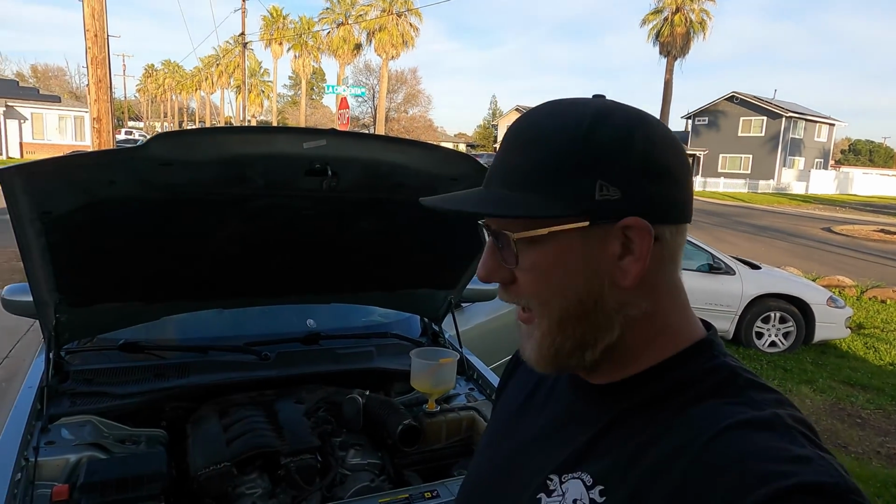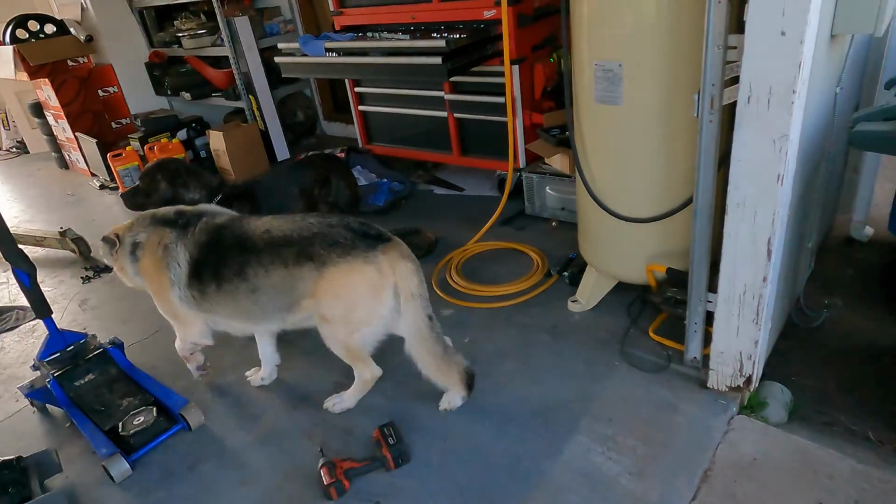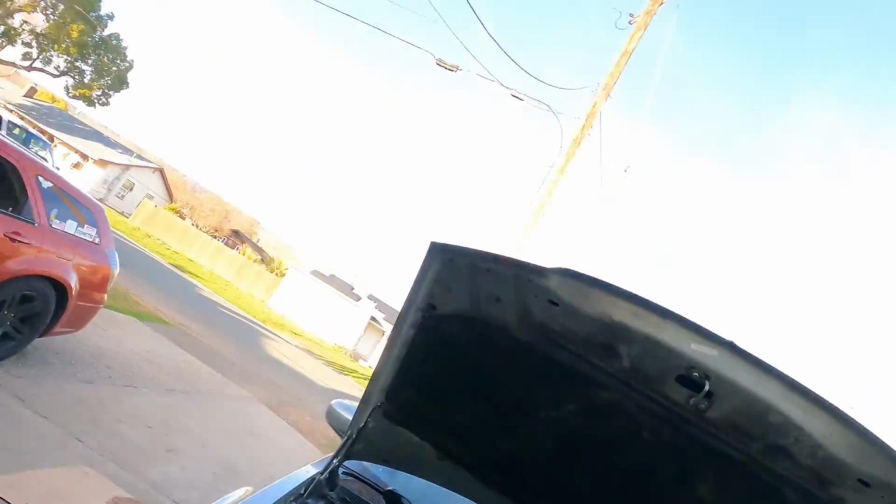Well, that does it for this video. Finally, a motor swapped and running engine. It sounds like a stuck lifter, something in the valve train, or it could just be a stuck fuel injector, not firing. So I'll look into that. Maybe it just needs a heat cycle run through it. I don't know, but